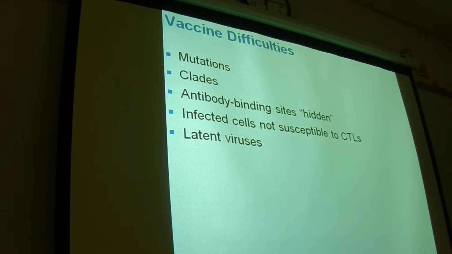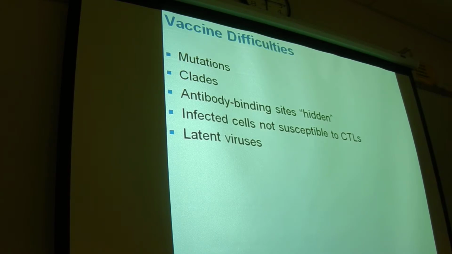So one of the main questions that people have is that if it's such a big deal, it's a virus, we have effective vaccines against almost every virus, why don't we have an effective vaccine against HIV? And believe me, billions of dollars have been put into it, and we're just really not any closer than we were a decade ago. So these are the 5 main reasons for vaccine difficulties that are specific for HIV.